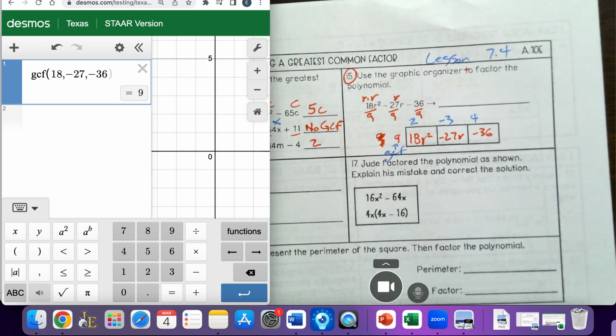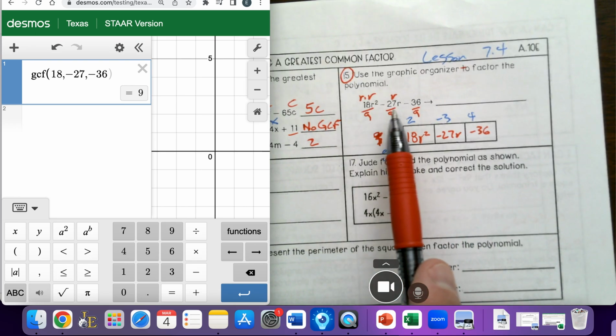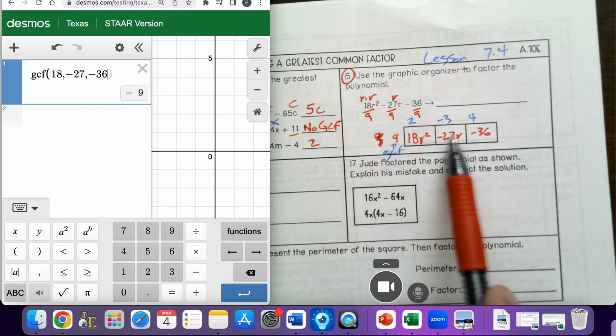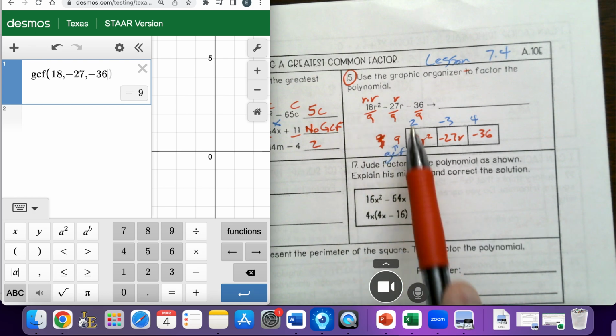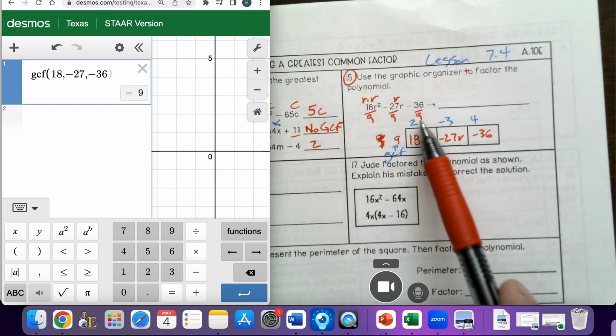So I should have immediately, and I apologize, I should have put these 3 in here first. And then when I pull out the greatest common factor, it goes here. And then I need to figure out what these values are. And so I kind of did this out of order. So when I divide these by 9,